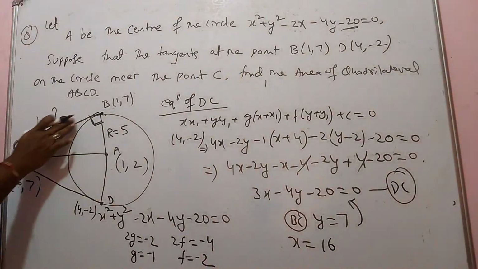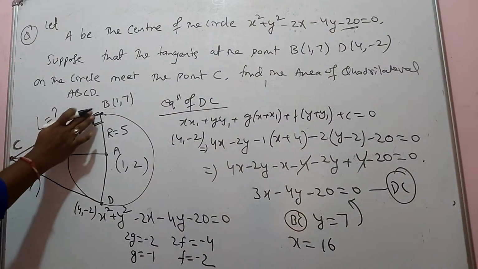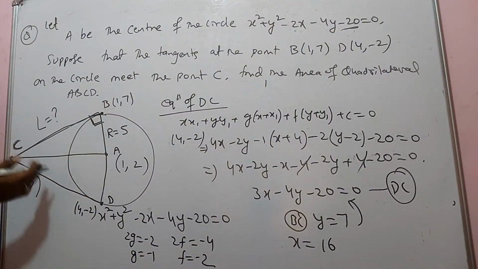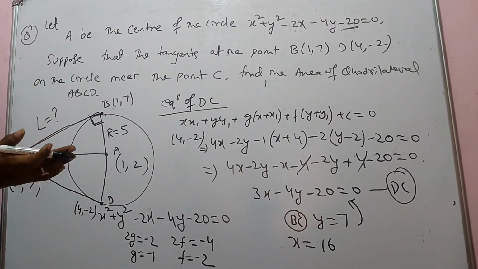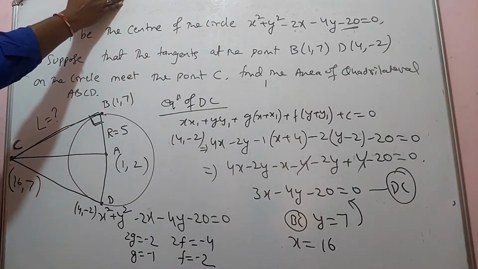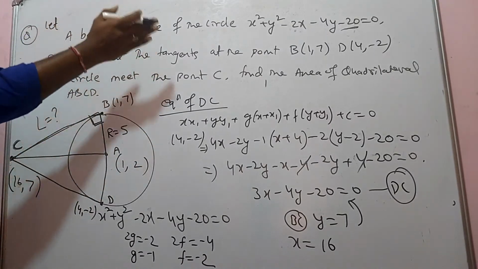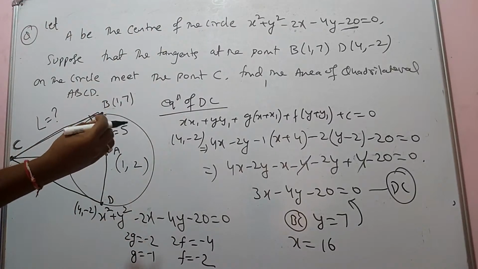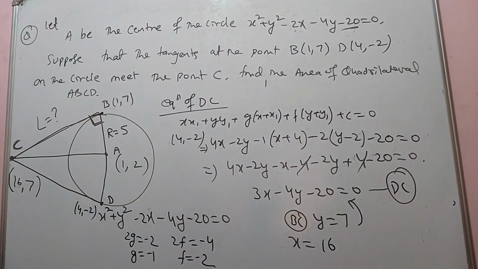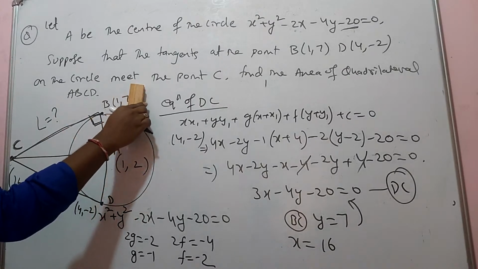Now we have to find the length of the tangent. If you get the length of the tangent, you can find the area of the triangle. That's it. That area I gave the formula, but in that this point was there. I already explained this model problem also. You just check the previous question in your notes. You can see the difference between this question and the previous question. In the previous question I explained the area, so there is a small difference. See those notes properly, because I am explaining it at the same place.